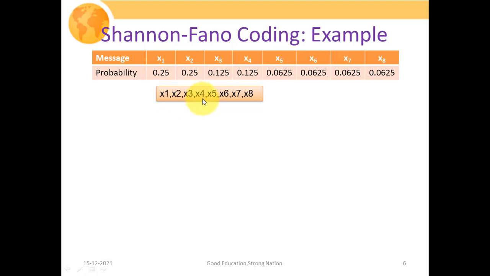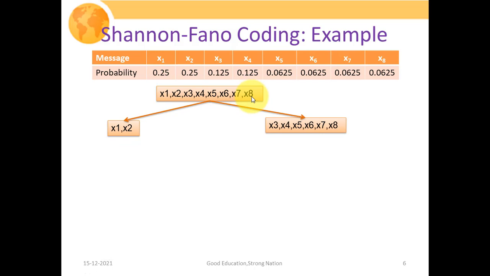That is given to us. So we just have to write this ordered sequence, that is x1, x2, x3, x4, x5, x6, x7 and x8, where the probability of x1 is greater than or equal to x2, similarly the probability of x2 is greater than or equal to x3, and the same feature is going to happen in all the other symbols.